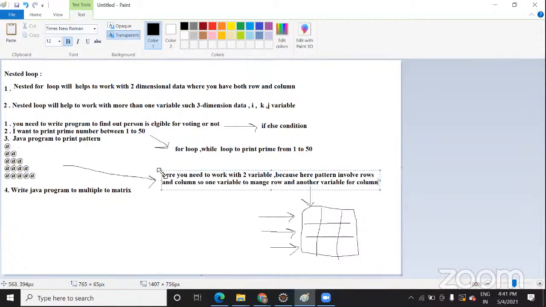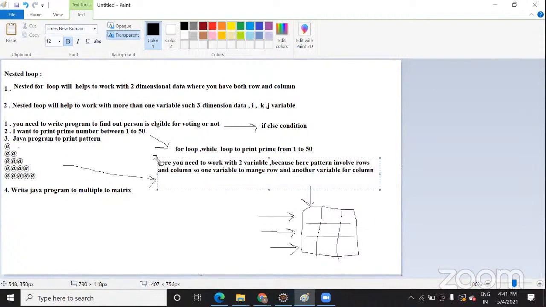Simultaneously, as you have seen in our example, the pattern involves both row and column, and with respect to one variable the other keeps on changing. Let's take an example of this only. When the row is 1, this symbol is present in column 1 also, right?